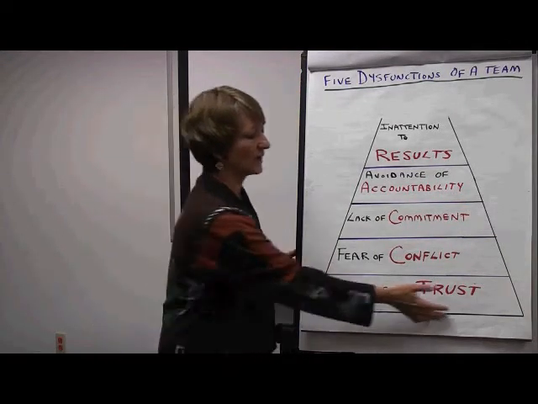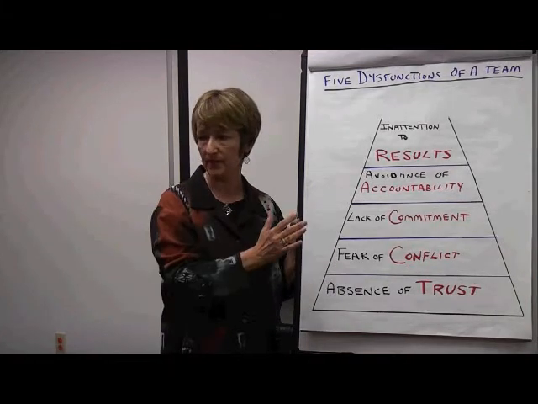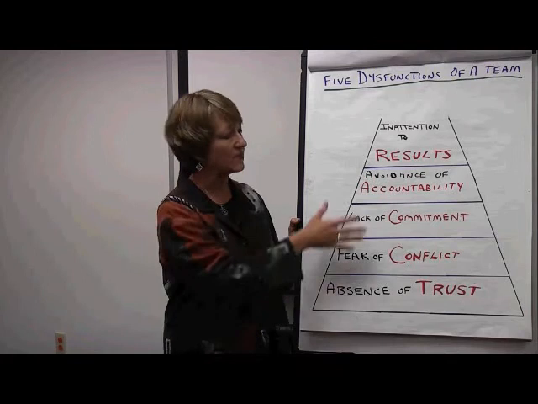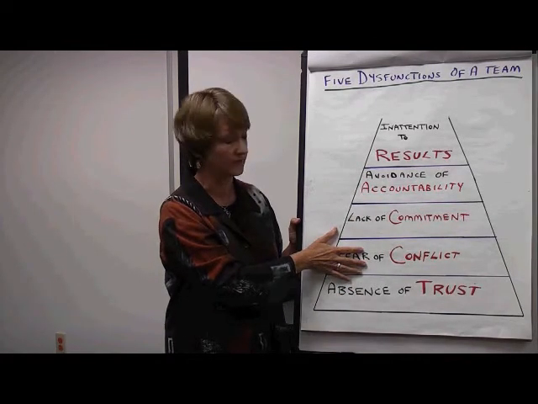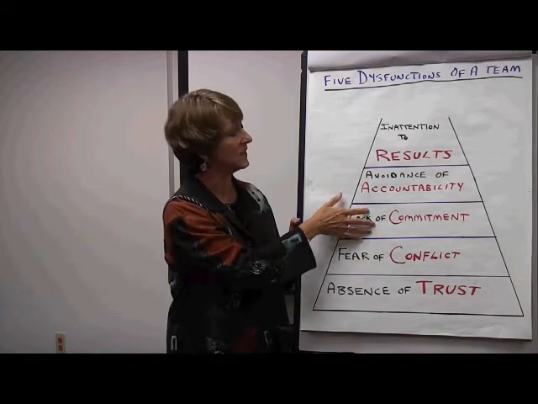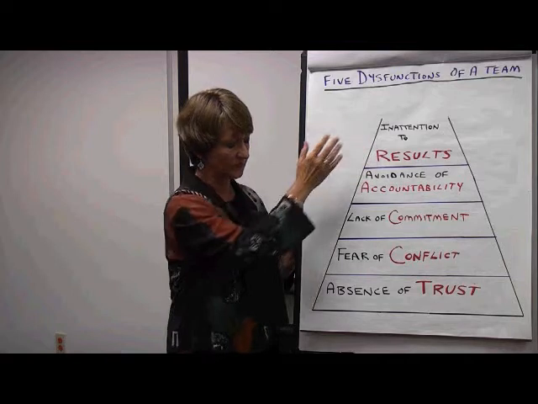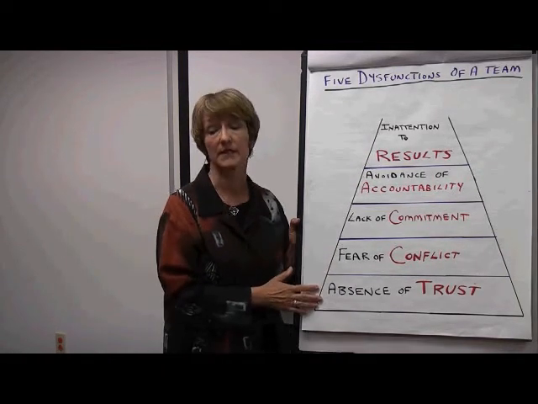So let's start with what I call the foundation or the base of the pyramid here, which is absence of trust. And as we'll see, each of these will build. So we'll go from absence of trust to fear of conflict, lack of commitment, avoidance of accountability, and then inattention to results. So to give you the Reader's Digest version of this, the framework really is on absence